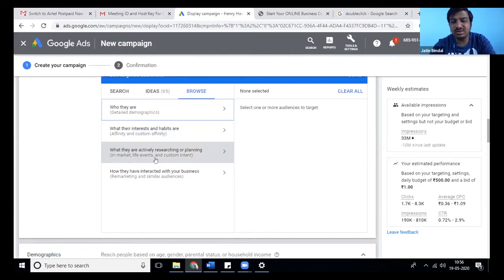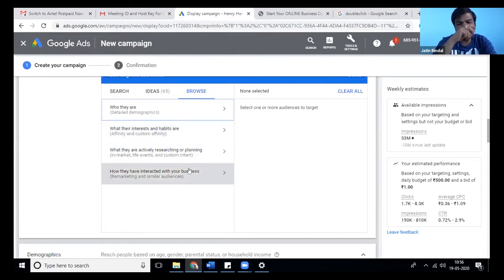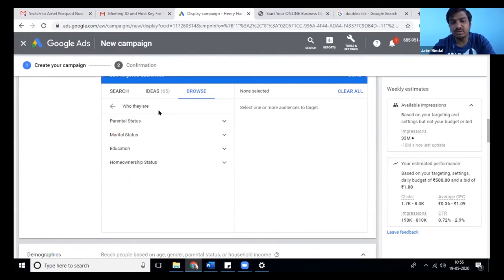Okay. So if you are targeting people who are looking to buy laptops, it's this category. If you are talking about interest and habit, it is this activity. The third category under it is remarketing, meaning those people who have visited your website or app that you want to target. You can target them through this third category, based on how they interact with your business on their website or app, or even if they saw your ad as well. Okay. Then these are the targeting options.